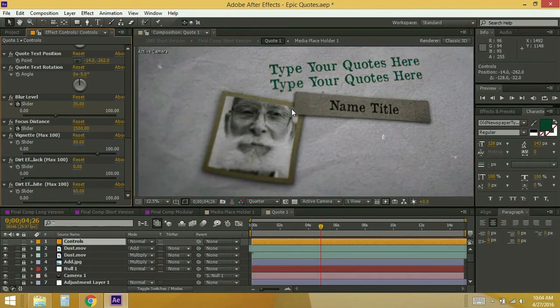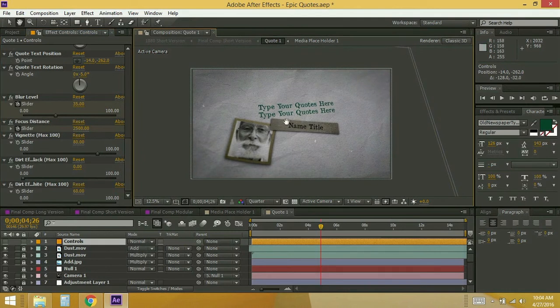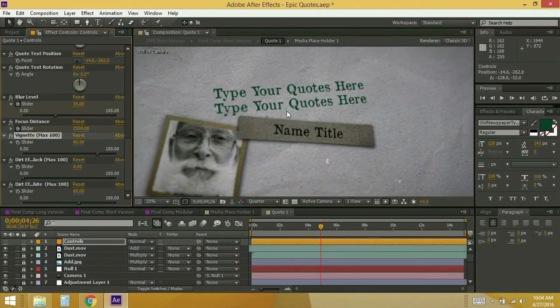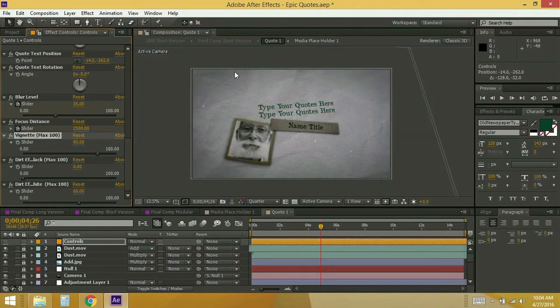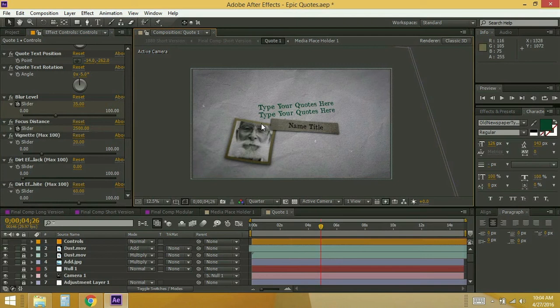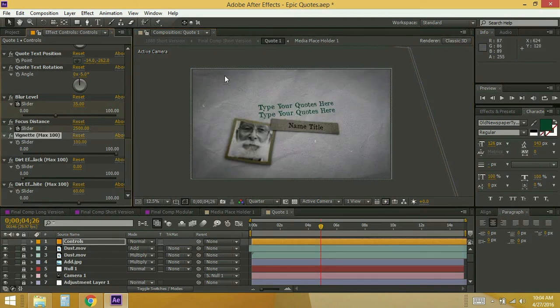Okay, and then the next thing is vignette, the dark edge here, so you can decrease it too. For example, you go to 20, see the difference, or you can go to 100, so different. Okay, and then the next thing I want to show you is the